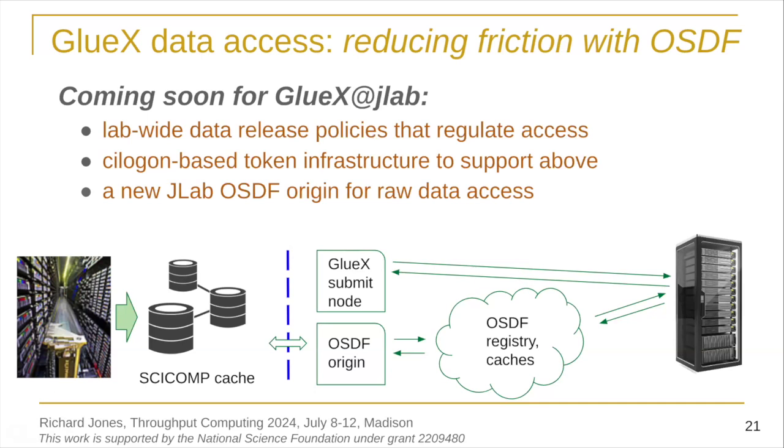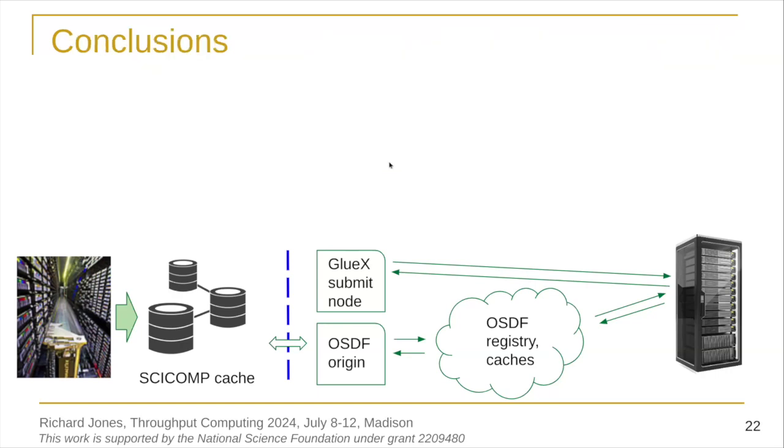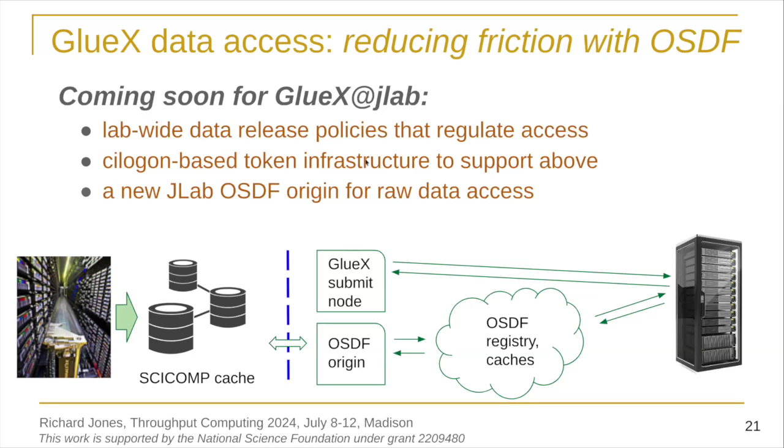Turned out that when I requested this from JLab, I was working with the folks at OSG, and the first question I got was, are you guys sure that you're allowed to release these data like that? And so we need to get agreement on what policies regulate access. Then we need to get our CILogon based token infrastructure working for GlueX